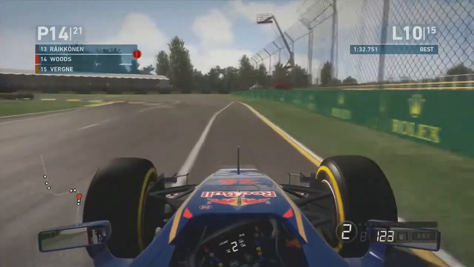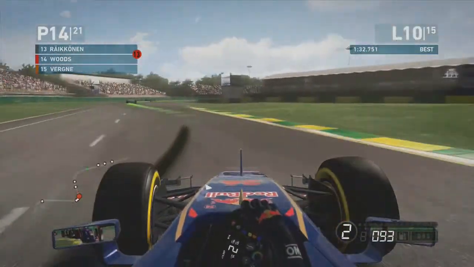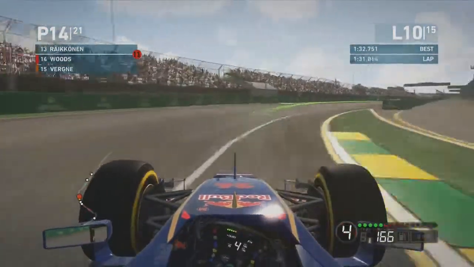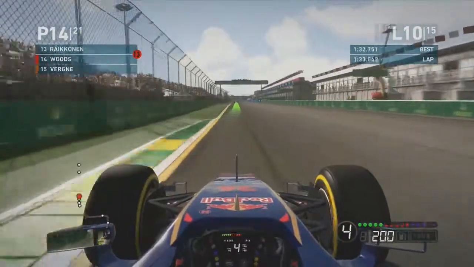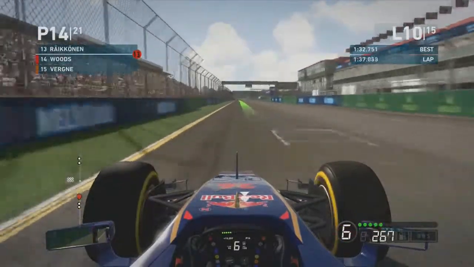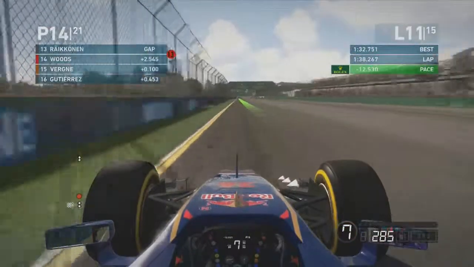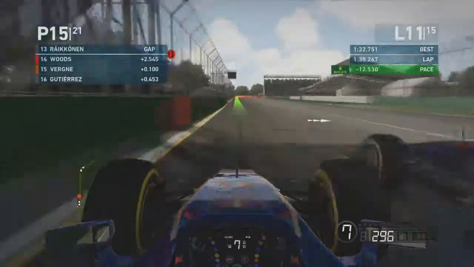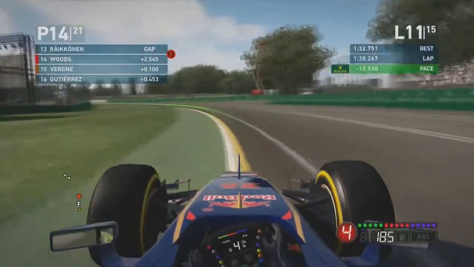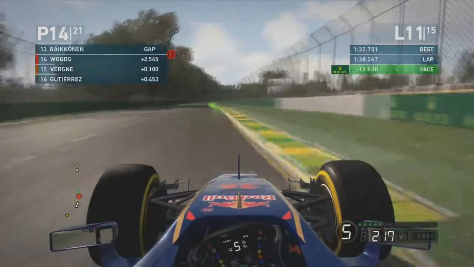You might wonder why I leave a lot of room to the inside when I pass someone. That's just, if they want to come back at me and have a go themselves, they can. I'm not going to stop them from doing that. Well, that's a little unfair. They deserve an equal chance. I said I want to make this as realistic as possible. So